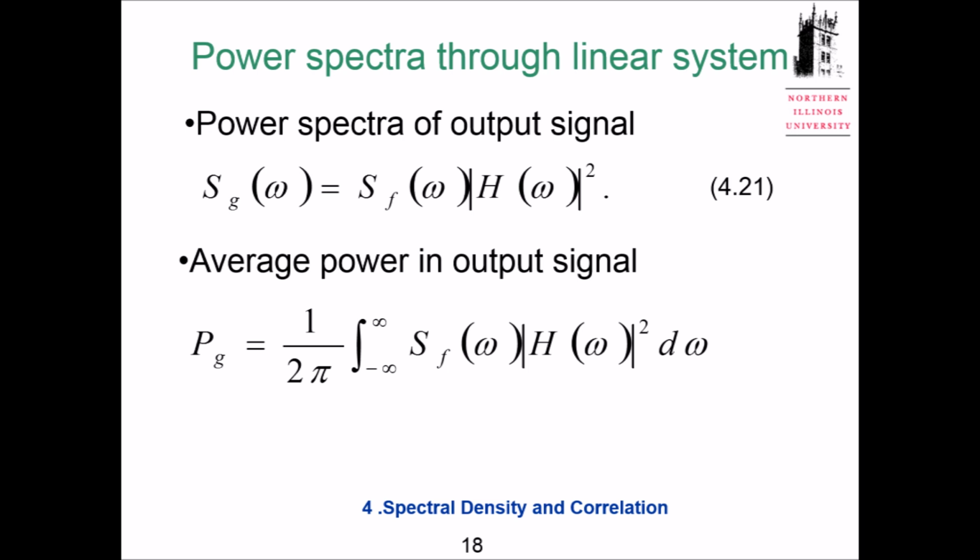This connects your input and output. And if we know S_g(omega), we can find signal g(t)'s power by integrating S_g(omega) in the frequency domain. Okay, I'm going to stop here. So we talked about two kinds of signals' spectral density. For energy signals, we have